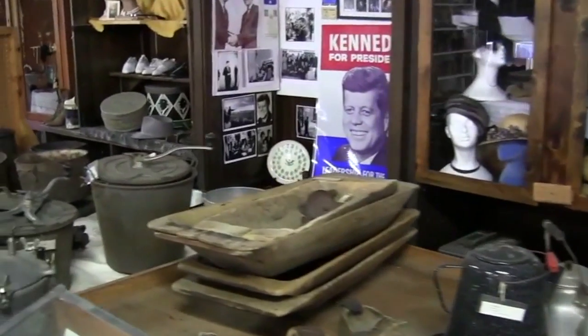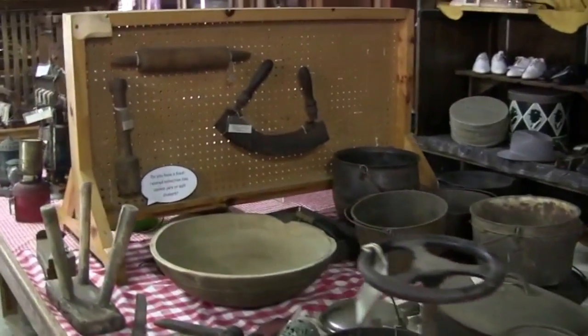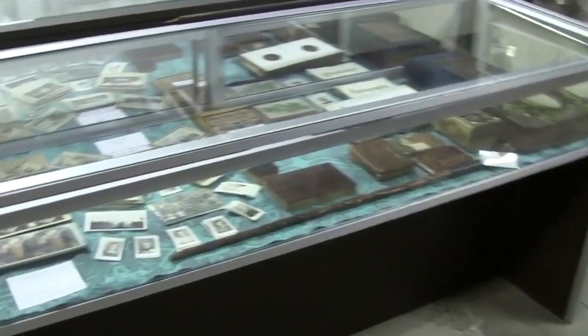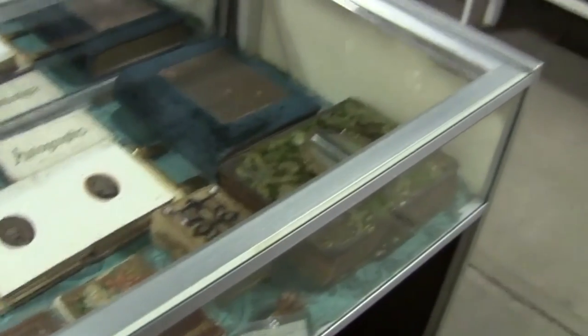We've got material here showing people from the area. Toasters of many sizes and shapes, and